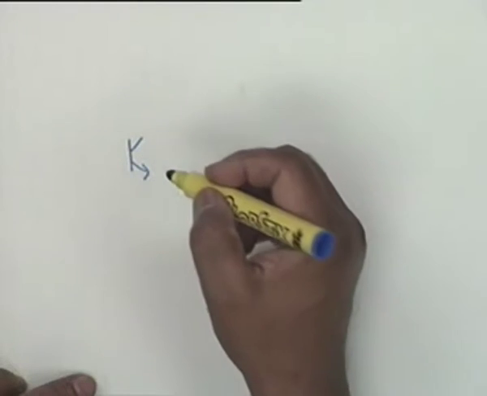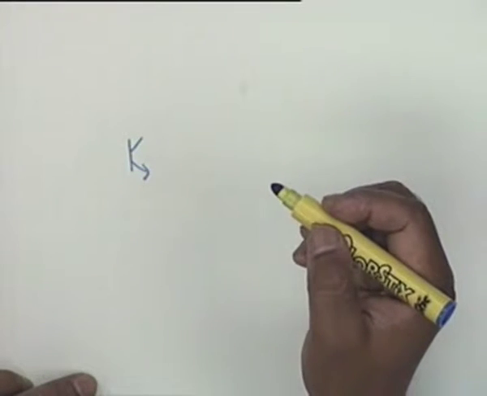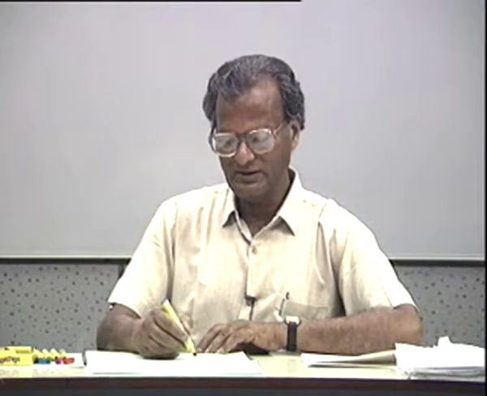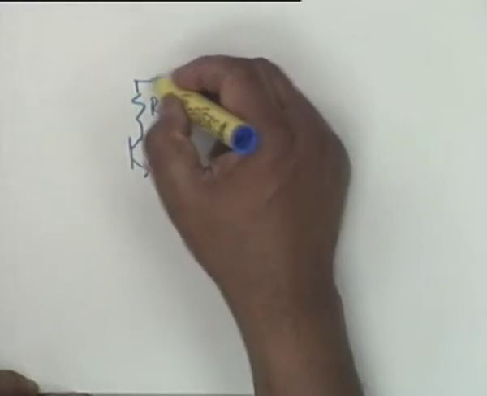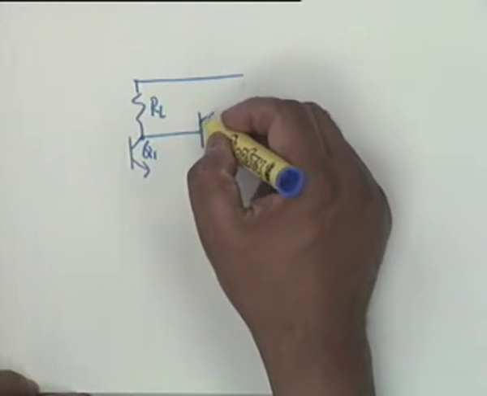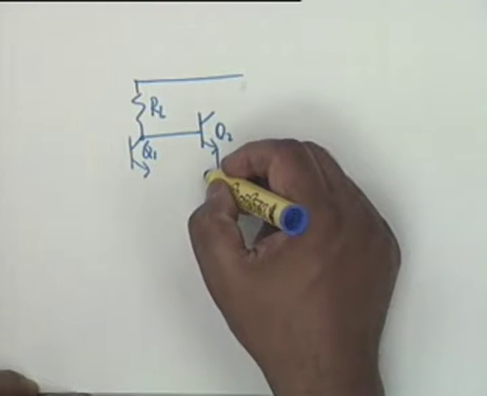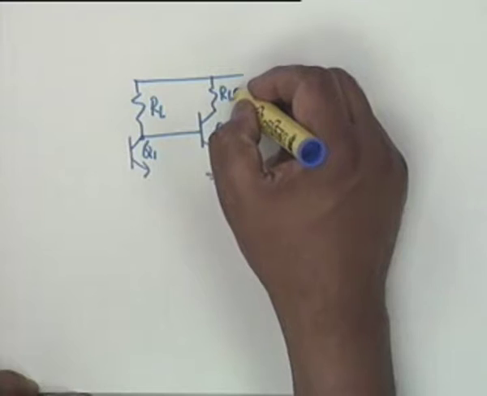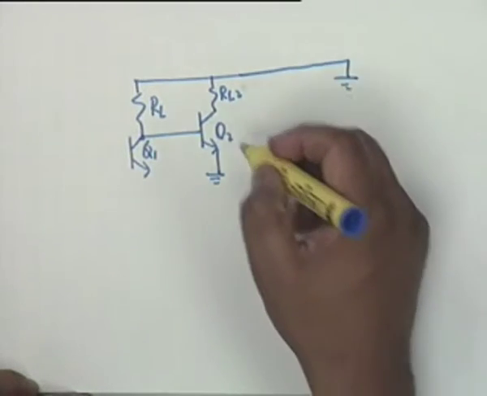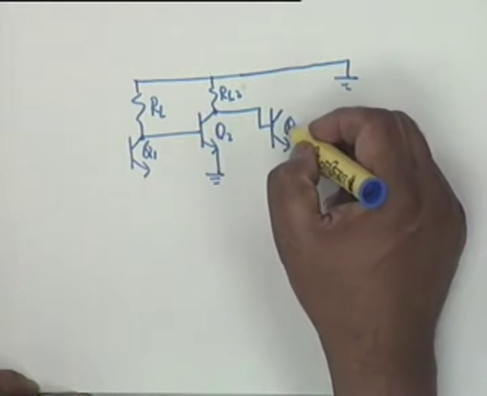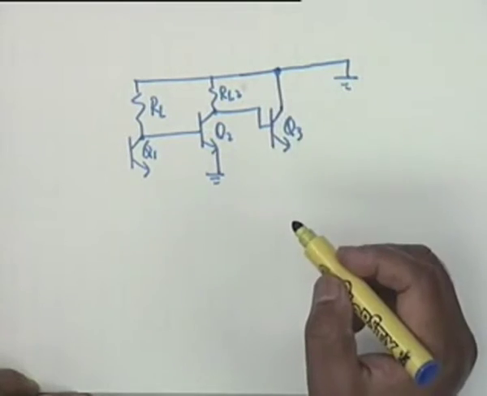We have Q1, this is the series shunt with a buffer, and therefore you require 3 transistors. It is not exactly a feedback pair, it will be a feedback triple, but the third transistor acts simply as a common collector. So we have RL1, this is Q1, the output is fed to Q2. Now Q2 is grounded, RL2, this is grounded. This output is taken to Q3, which is a common collector stage, okay,